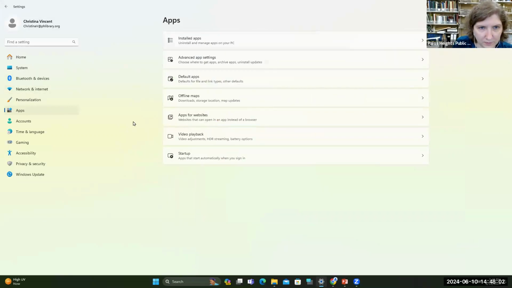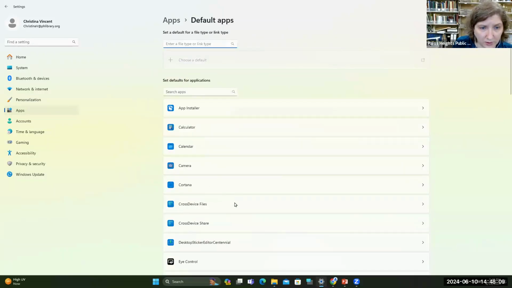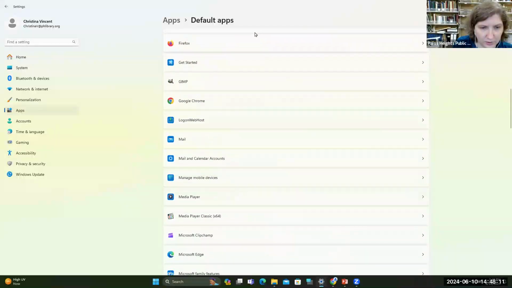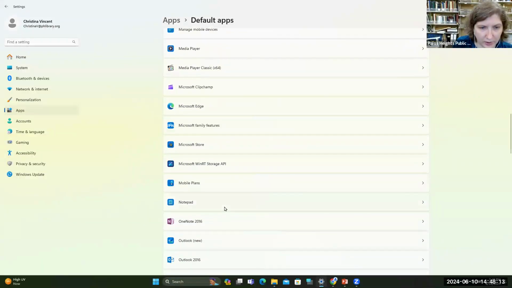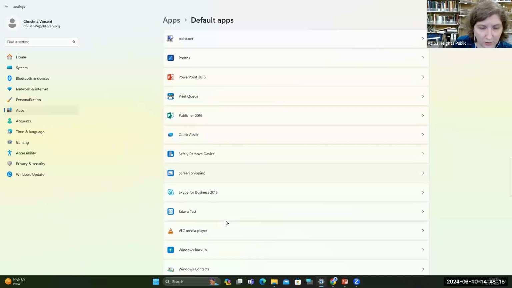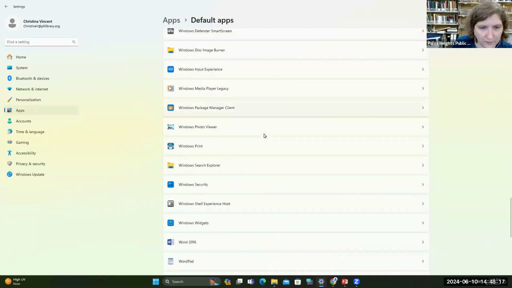Back to the page. More advanced app settings. You can see the default apps that are on your computer. These are the apps that Windows 11 will probably come with as standard.